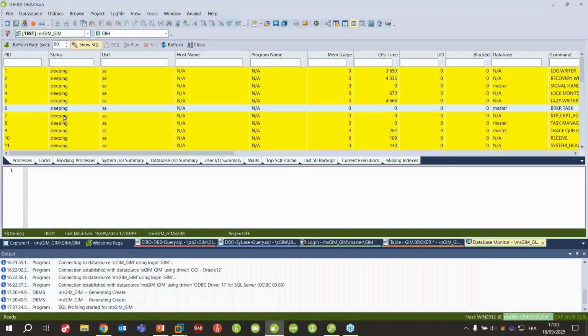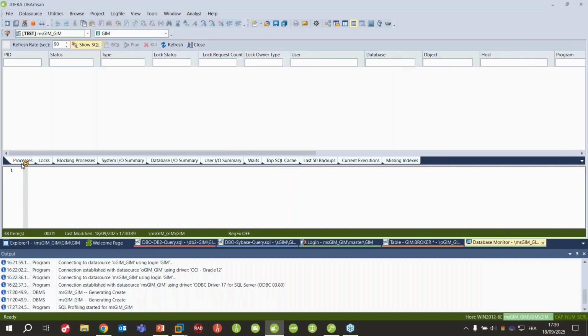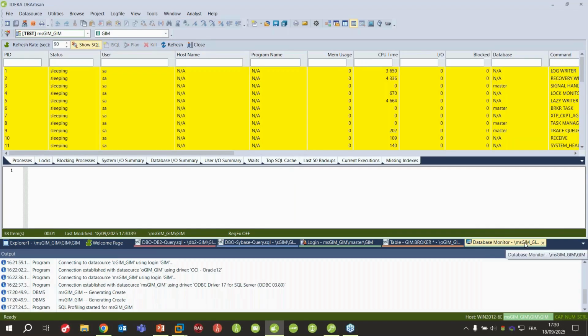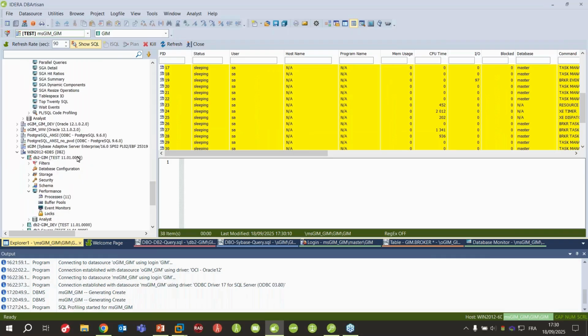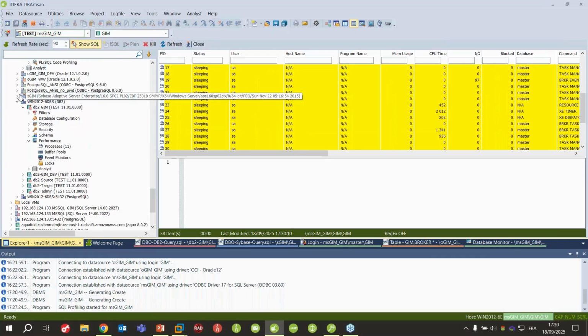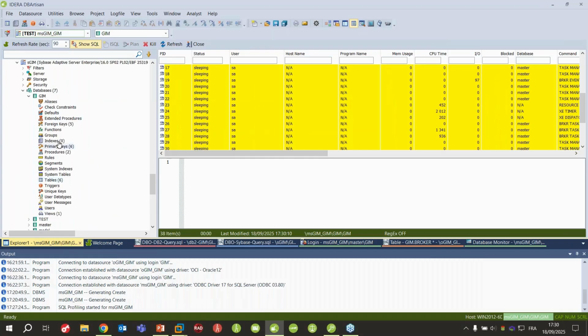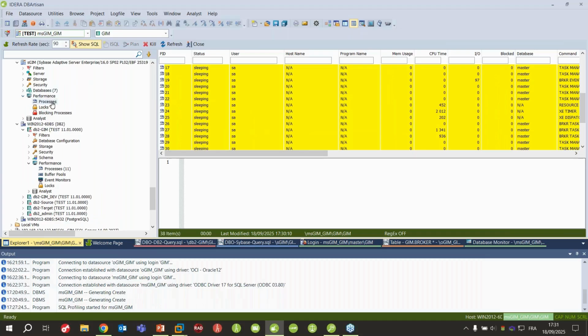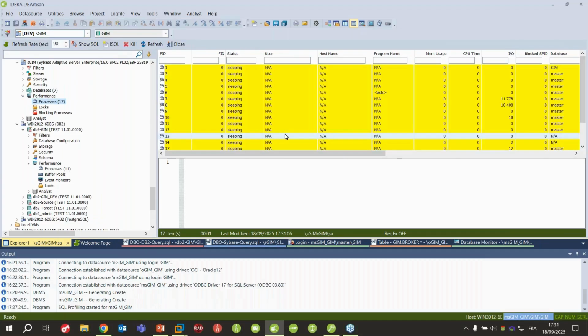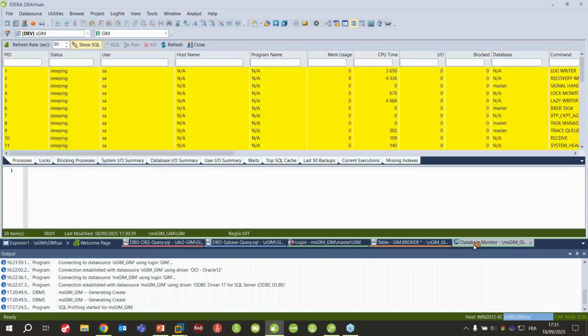You have database monitor, and from here, it will be connected to the database you have selected, and you can easily navigate, and you can open as many tabs as you need if you want to follow two different databases at the same time. So for example, if I navigate back, let's go to Sybase. We haven't done Sybase yet. So in my Sybase node, I have my databases, but I also have my performances from here. So I can view them from here. I have my databases, and I also still have my MS SQL database available.